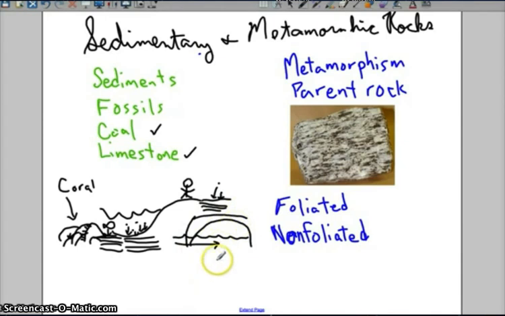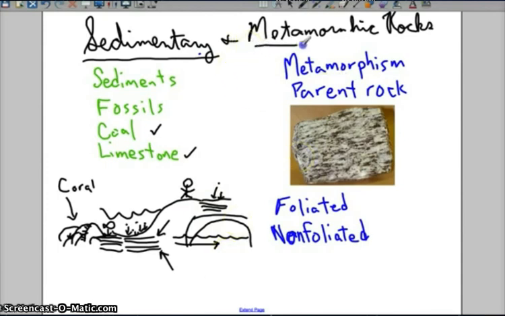Now, scientists can learn a lot from these sedimentary rocks. They know a little bit about the past because of fossils. They also know what layer is the oldest. If you have sedimentary rock down here, this layer right here, of course, will be older than a layer on top of it, just because of the nature of things settling down on top. So the bottom layer is going to be the oldest, the top layer is going to be the newest. Also, scientists who study sedimentary rocks can tell about when floods happen and even what direction the current flowed.